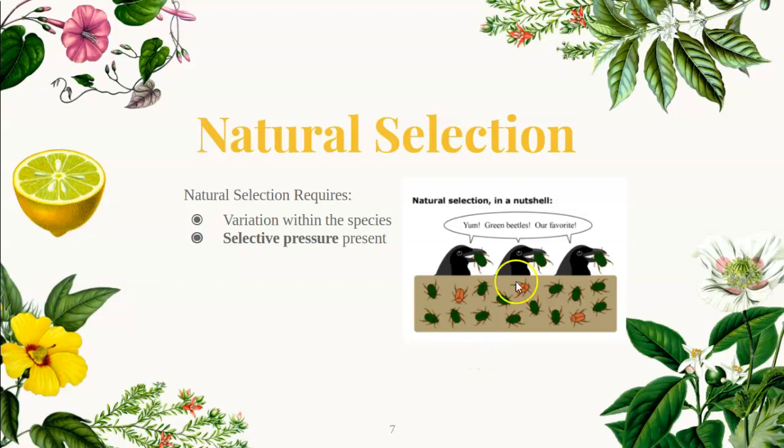So let's look at this picture right here. We've got a bunch of birds and some beetles. Now you'll notice each of these birds are eating the green beetles because they taste delicious. Okay, they're the best tasting beetles you ever saw. Not only that, but these ones are kind of a brownish color, which maybe blend a little bit better into the background. So they have some camouflage, maybe a little bit. So the green beetles are selected against, meaning they are most likely not surviving. The brown beetles, on the other hand, are being selected for, meaning they are going to pass on their genes